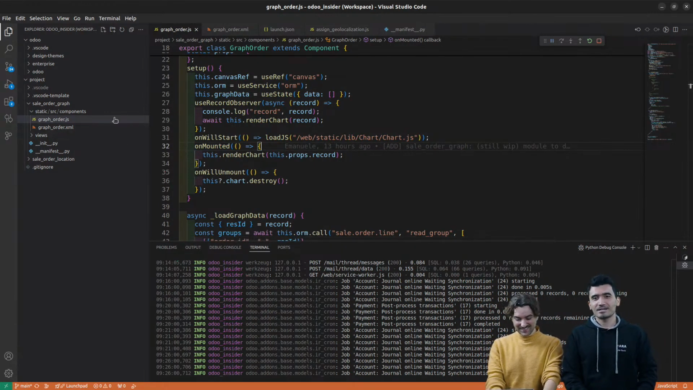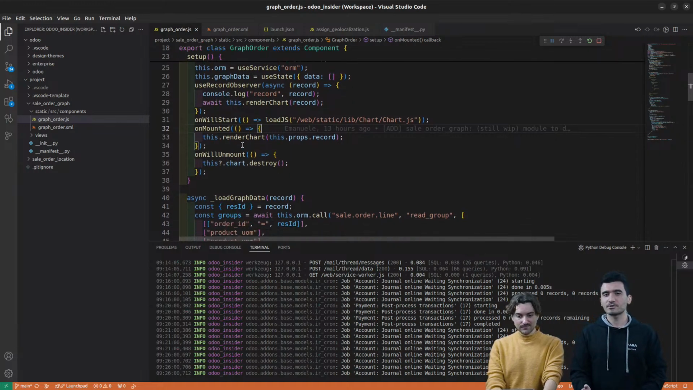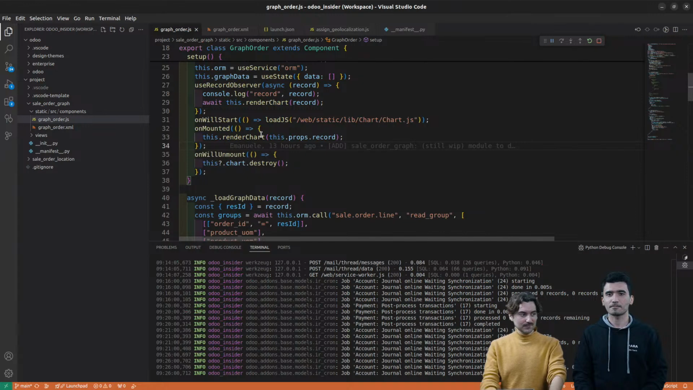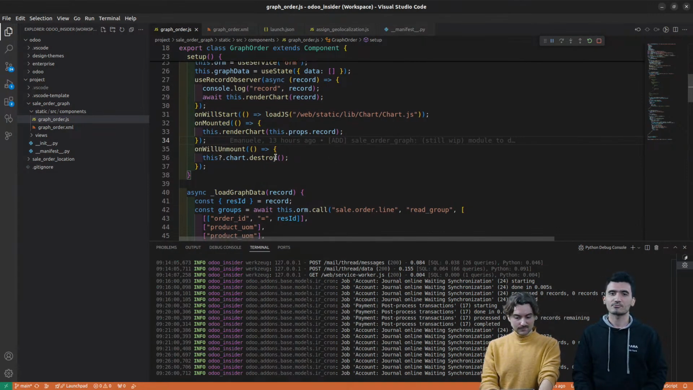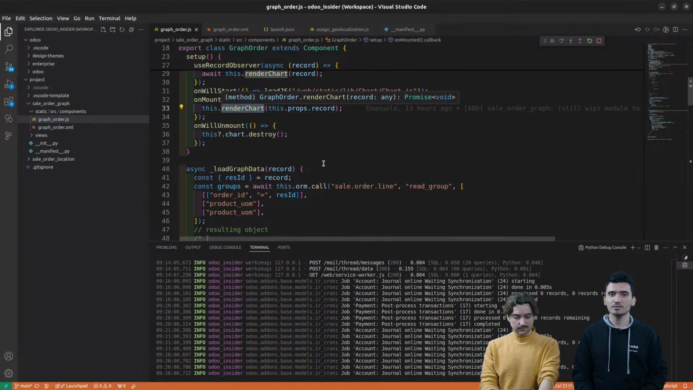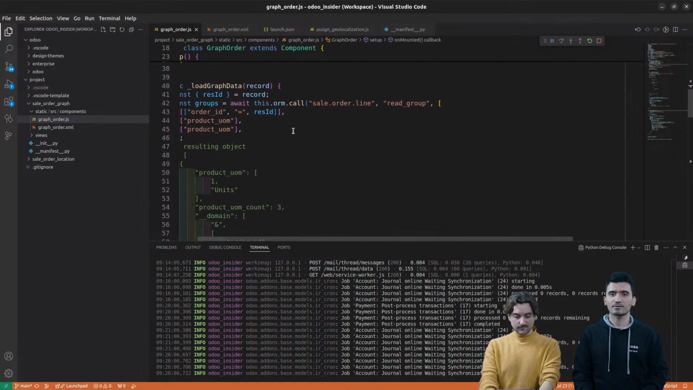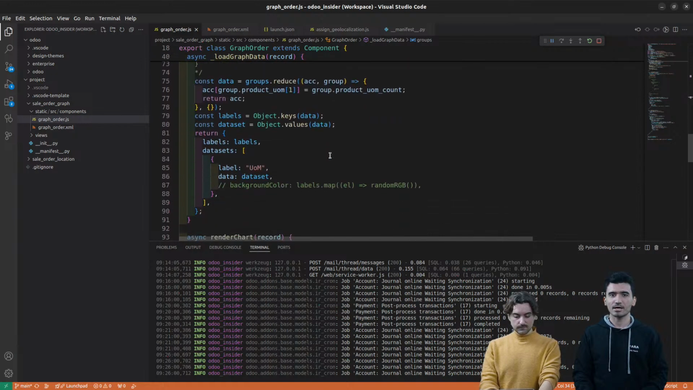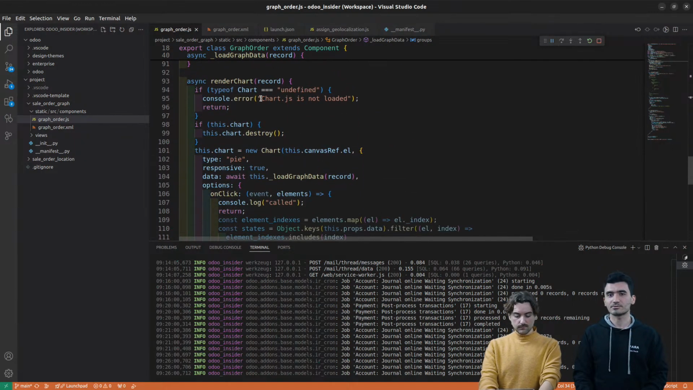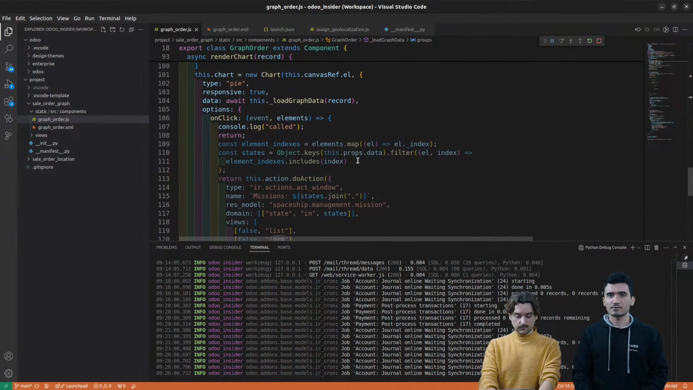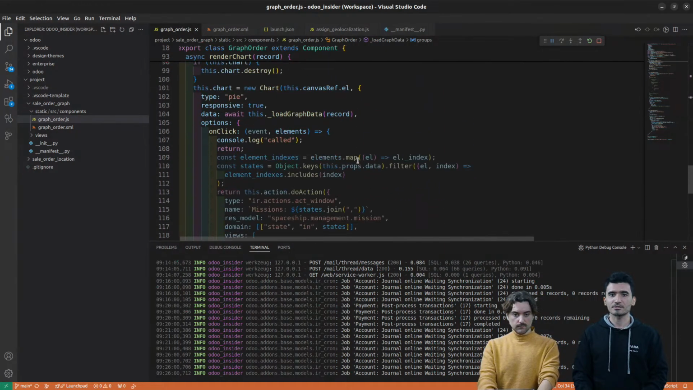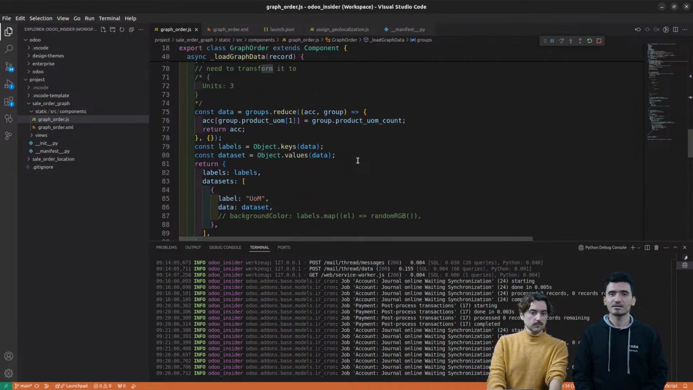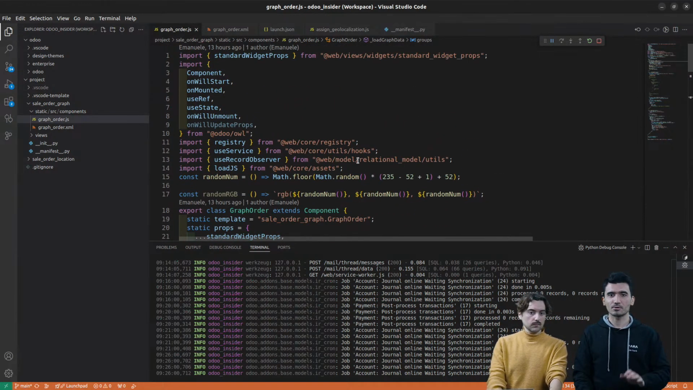So in the JavaScript, it's very simple. We're using a third-party library to render the chart. So this will be the method that renders the chart. And then you have the load graph data, which uses the ORM to actually get the information on the sale order lines. And then we're basically rendering the chart. So I'm not going to go too much into this because it's a bit, I would say, complicated, but I just wanted to give you an overall view on